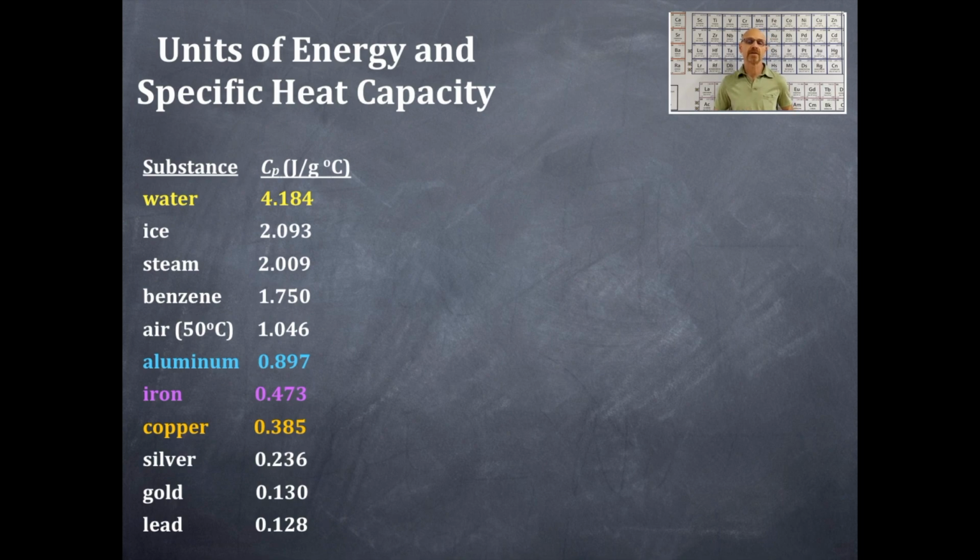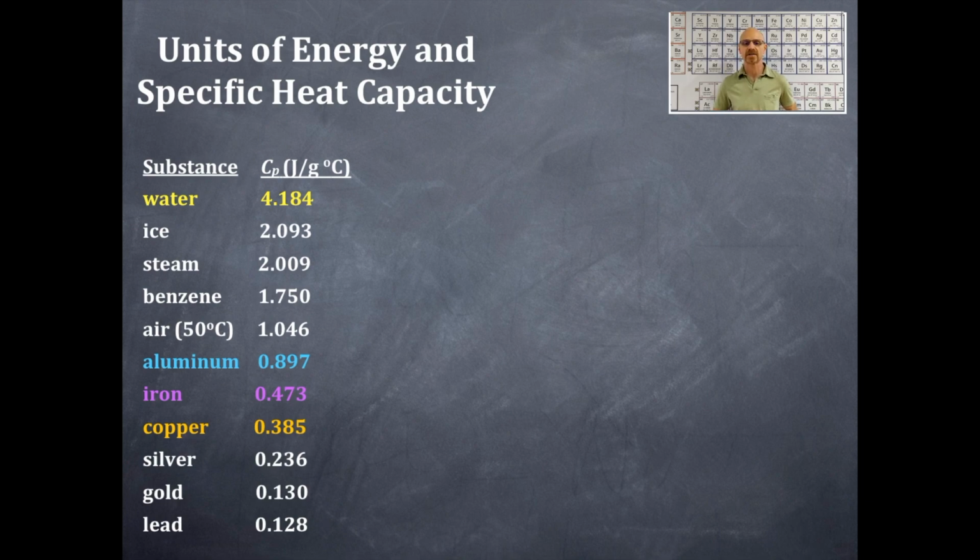There's iron in the violet purple. There's copper in the orange. There's silver, gold, and lead. So these are very important numbers here. You don't have to memorize any of them except for the specific heat capacity for water, and that's 4.184 joules